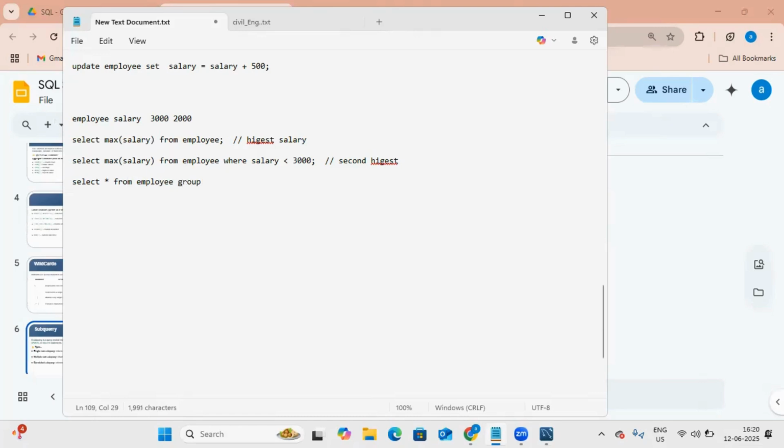group by salary. Okay, then order by salary DESC. What do we do? Arrange from highest to lowest. So I have arranged from highest to lowest. Now I will write limit 2. So we will get the 2 records, and there we can see the second highest salary. Okay, and